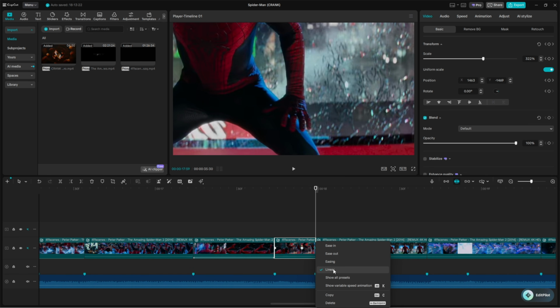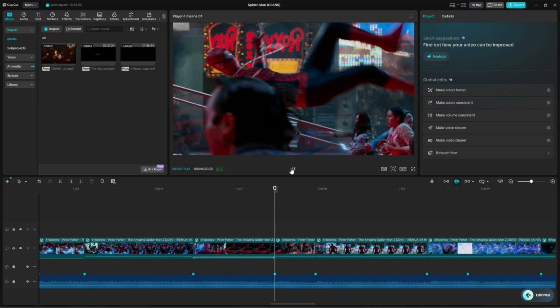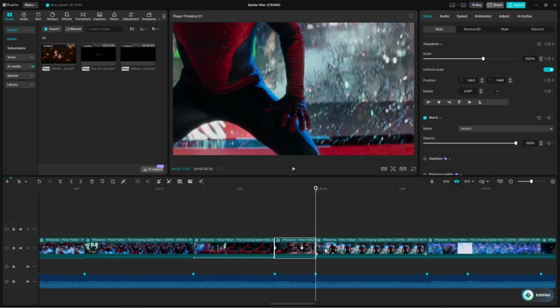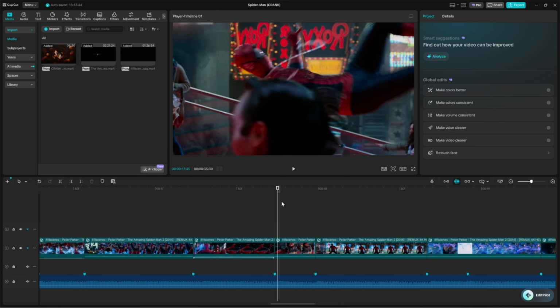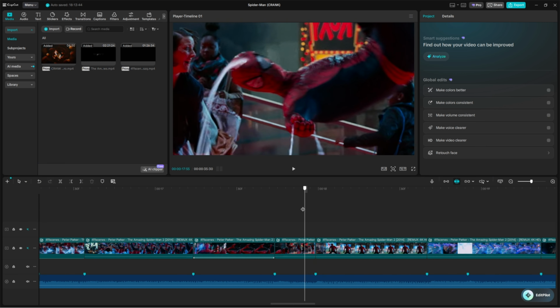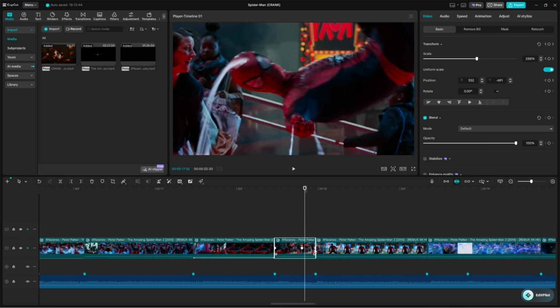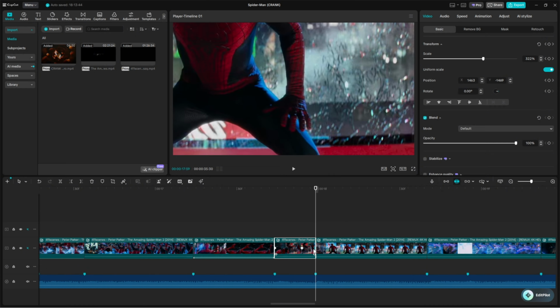Let's make sure we have our keyframes. See, this is stuck on linear, and that's an issue. Now, because it's a smaller clip, we may do like quad in, and then like I did ease out. It just means it's going to be a slower transition, which means it may not be as smooth. So just tweak it and mess around with it